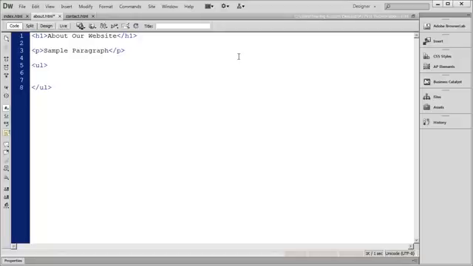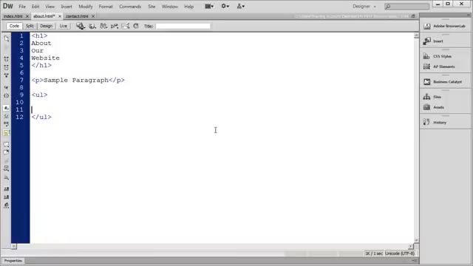Now, here's something that's going to be a little bit different. In our previous examples, we've had our opening tag, the content, and the closing tag. In this case, I put the opening tag and the closing tag on different lines. And you can definitely do that. Remember, your browser is going to completely ignore extra white space or extra lines. If I was to go ahead and, let's say, look at the about web page, you can see the way it looks now. If I was to go ahead and do this,